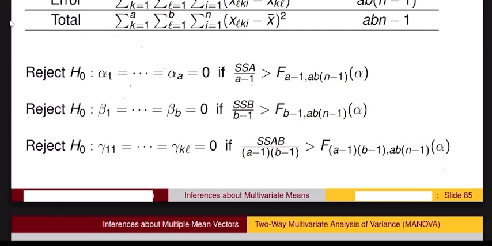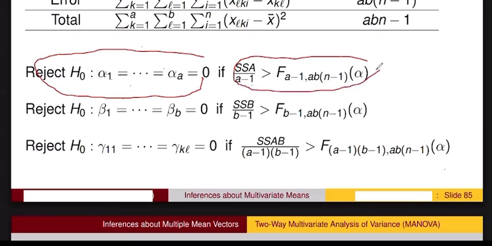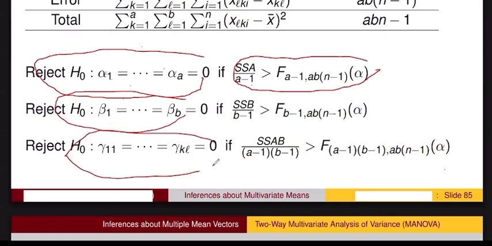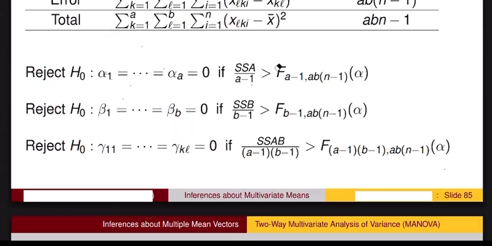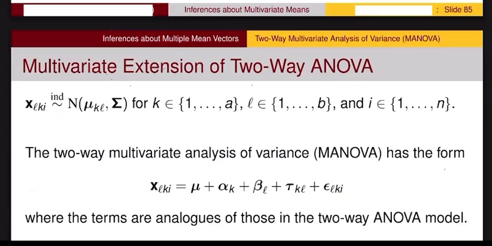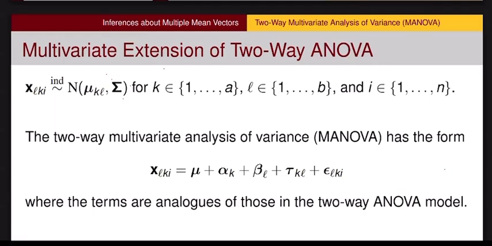The one for factor A, and you only reject H naught if that is greater than the F, and the one for factor B, and the one for the interaction. All of this is for univariate. Now what we're going to do right now, can we have a way to extend this to a multivariate version? In the multivariate version,